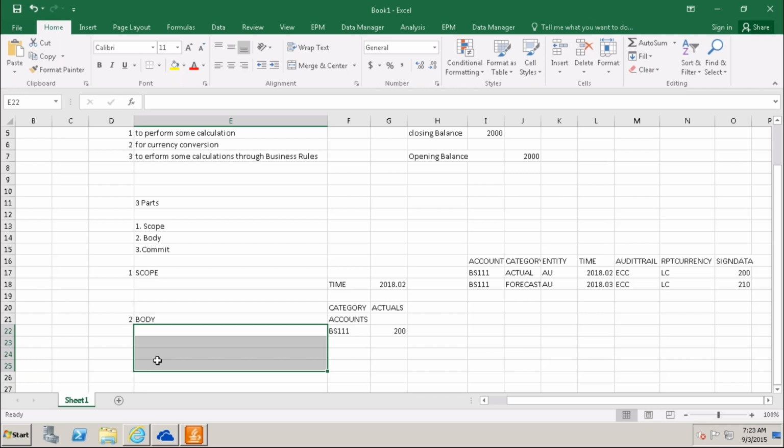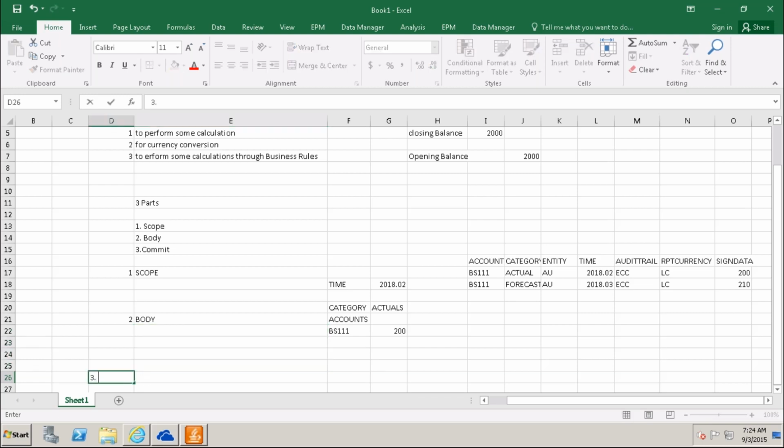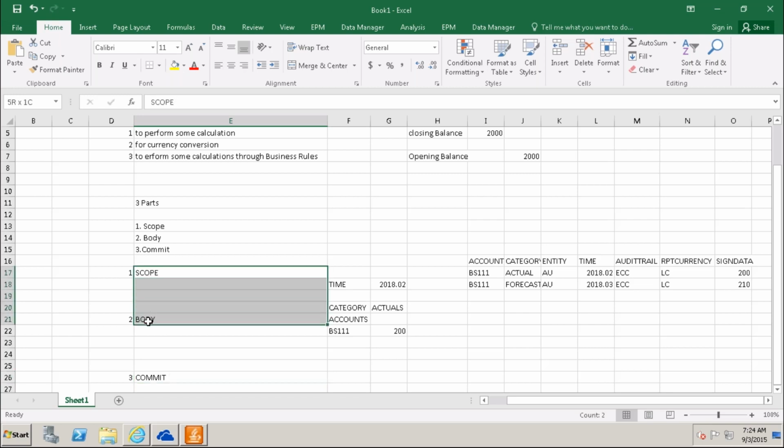Logic we will write here. Third one is commit. Commit means it will write into the database, into your backend cube. So these two are important, scope and body.